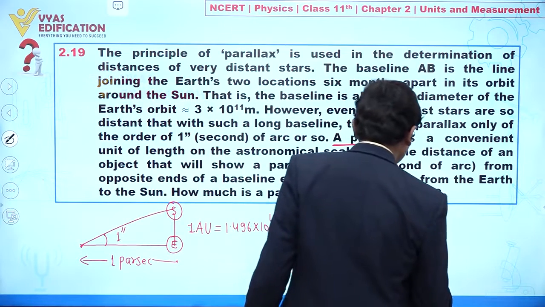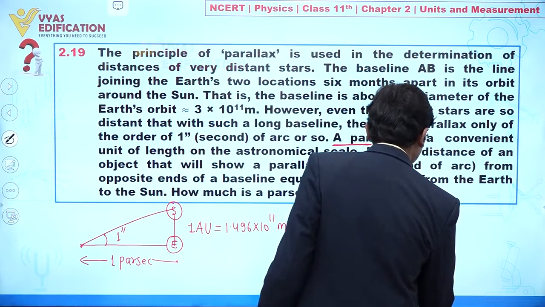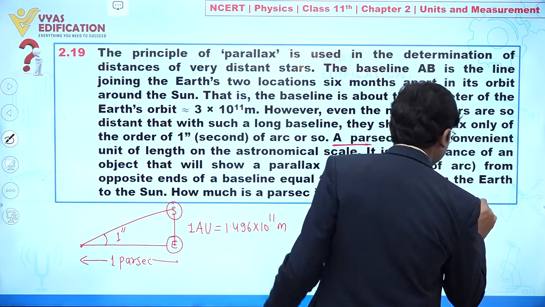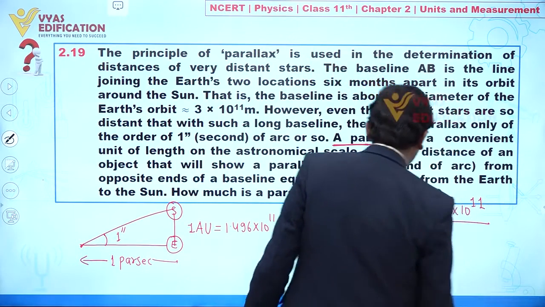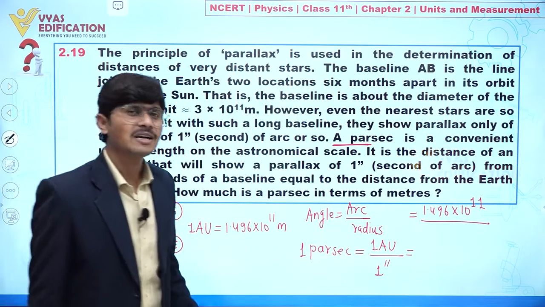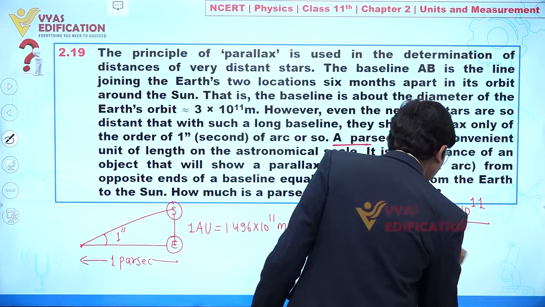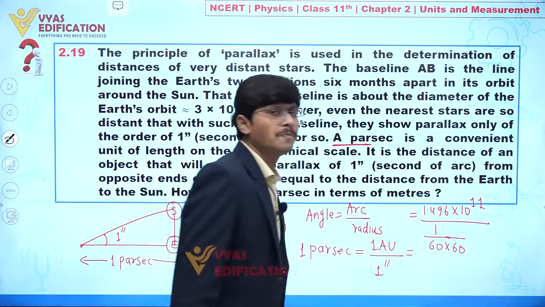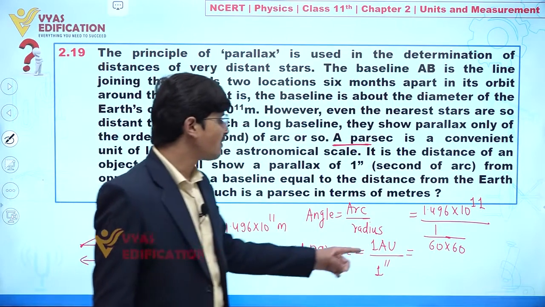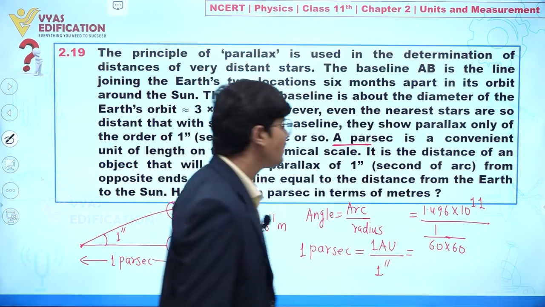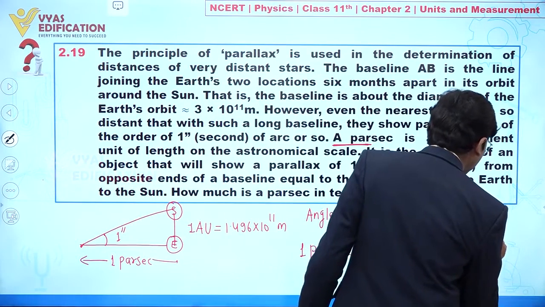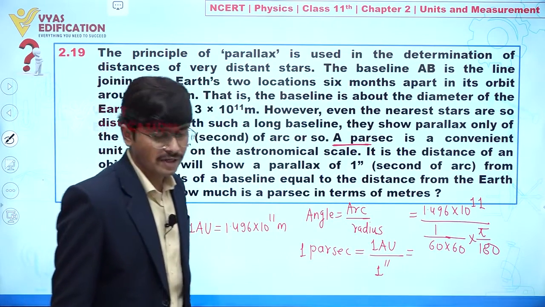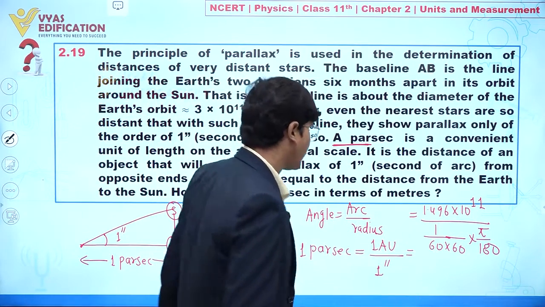So from here we can see 1 astronomical unit is 1.496 into 10 to the power 11 divided by 1 second. First we convert this 1 second into minute, which is 1 by 60. Then we convert this into degree, so 1 by 60 into 60. Now how can we convert degree into radian? This is pi by 180. So if you solve it, you will find here